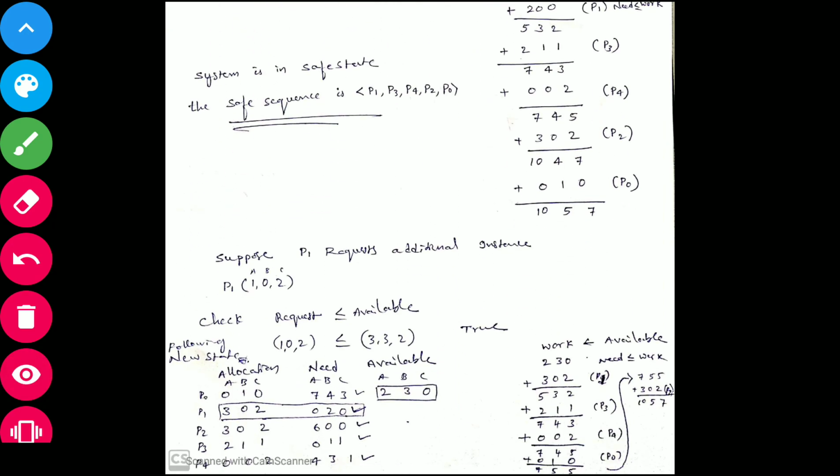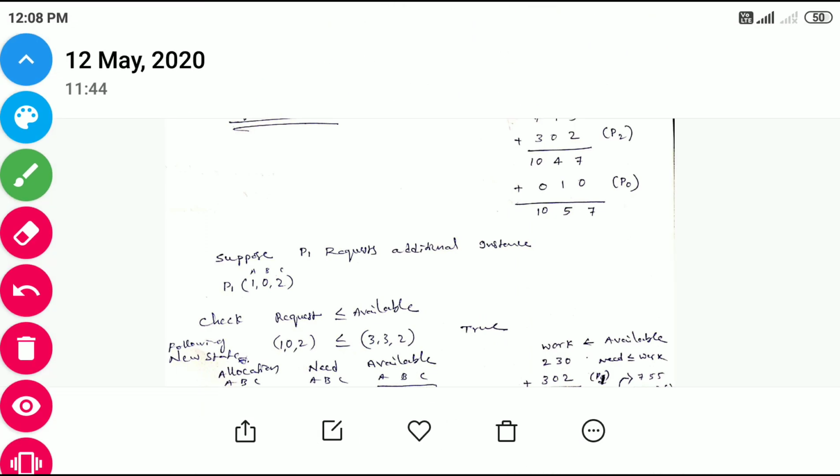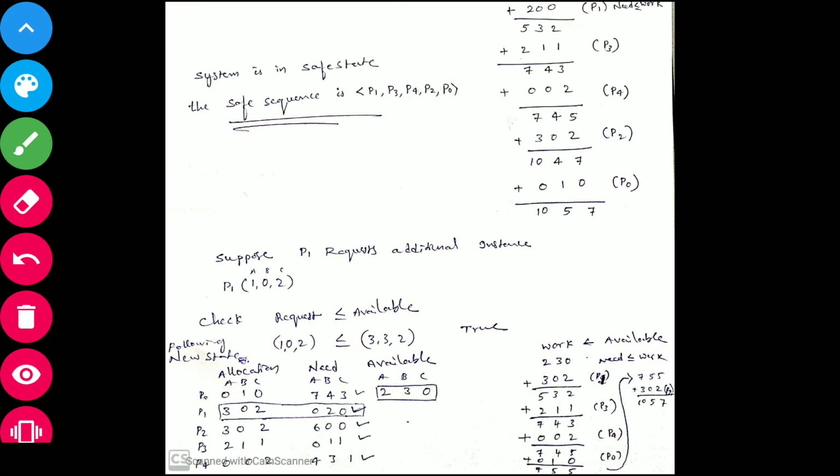The new state is this one. P1 is 3 0 2 after allocating 1 0 2. In the same way, you subtract that from the need. You will change only for P1, the remaining things in the snapshot stay as they are, no need to change anything.